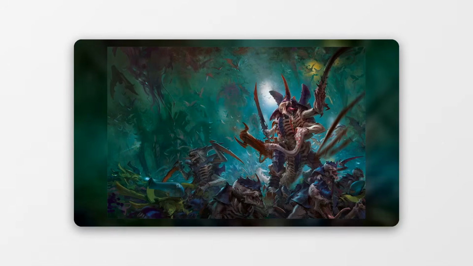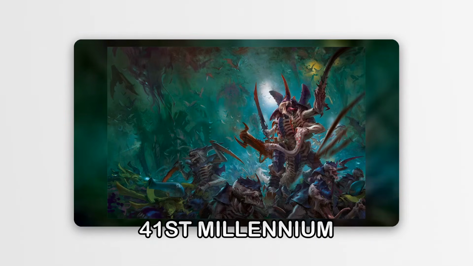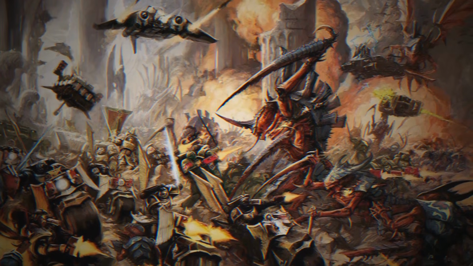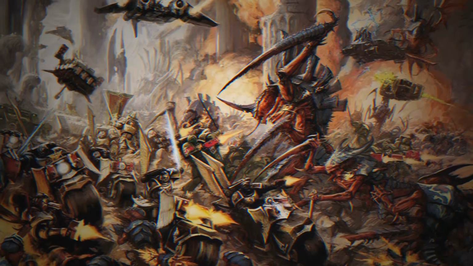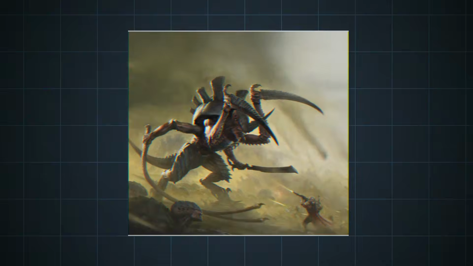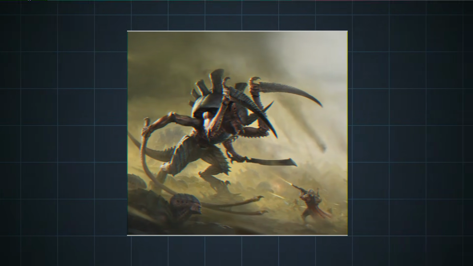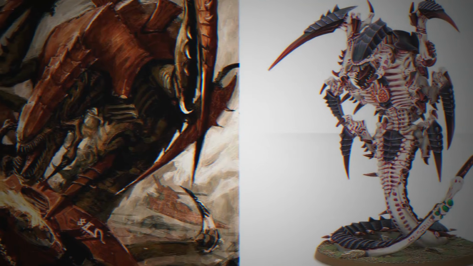As if these myriad threats weren't enough, the Imperium faced an entirely new and utterly alien horror in the late 41st millennium: the Tyranids. This ravenous Xenos hive fleet, a vast migratory organism composed of countless bioforms, was first encountered on the eastern fringe of the galaxy. The initial contact was devastating. Entire worlds were consumed, their biomass devoured and assimilated by the Tyranids to fuel their relentless advance.